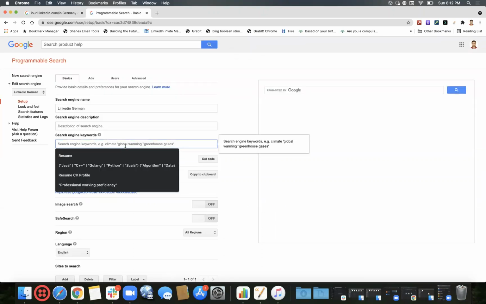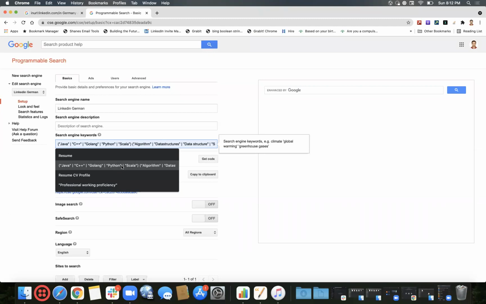Now here we can give a number of keywords, which are the primary keywords that we're planning to target. For example, for one of the recent search engines posted for software engineers, we used Java, C++, Golang, Python, Scala, algorithms, data structures. So a huge number of keywords which we wanted this search engine to target in the backend itself.